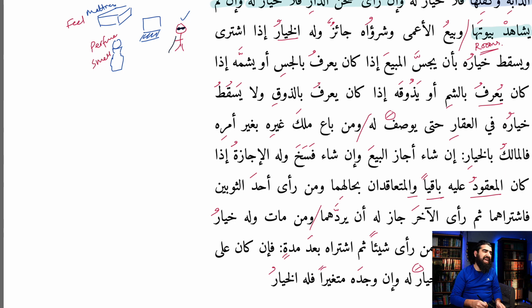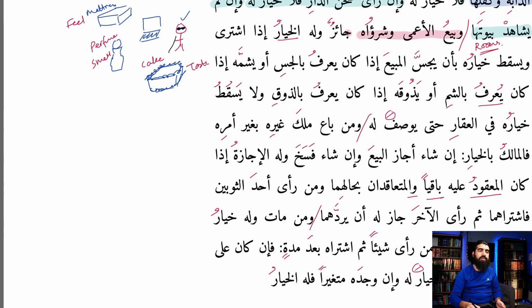And what if he's going to buy a cake? Let's say a nice, lovely cake. I should have drawn it round, but you get the idea. Obviously there is presentation nowadays, but in the olden days you're more after the taste. So a blind person can actually buy things, and it's simple for him to work this out. This is why he says, Bay'ul A'ma, the selling of a blind person,